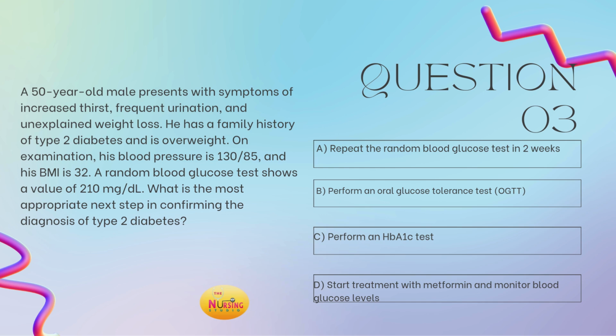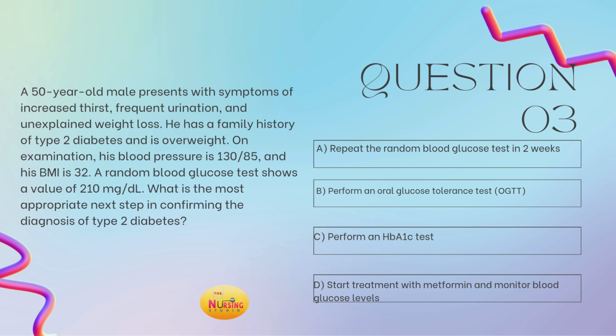All right, so the stem of the question here states, what is the most appropriate next step in confirming the diagnosis of this type 2 diabetes? So let's see what we got going on. In this sense, we're trying to find a diagnosis, right? And I always tell y'all, when we're looking for a diagnosis, you need to run it back and look at those assessment findings. No different here, even though you're trying to figure out what next steps you need to do